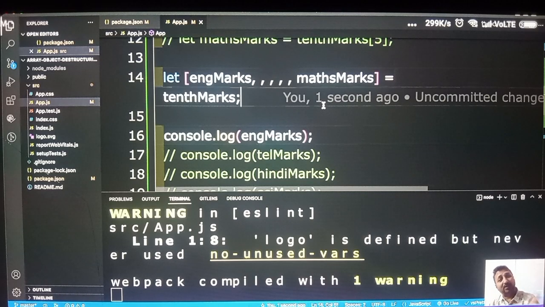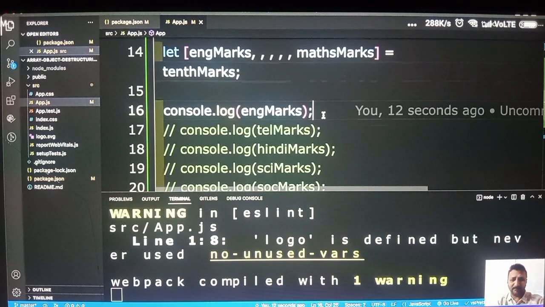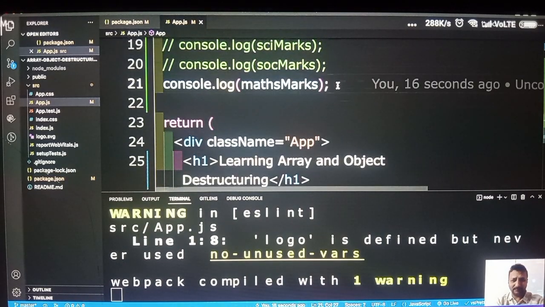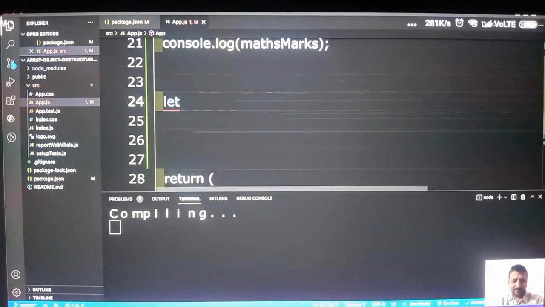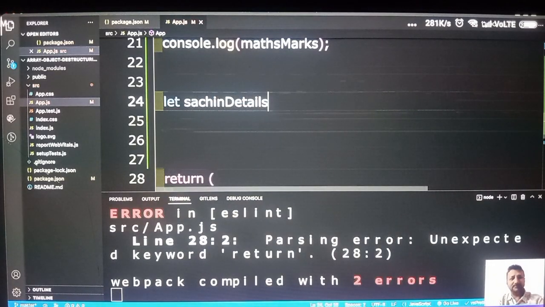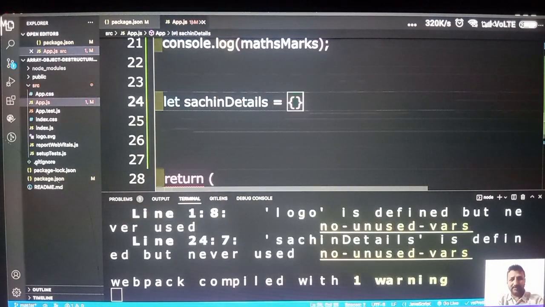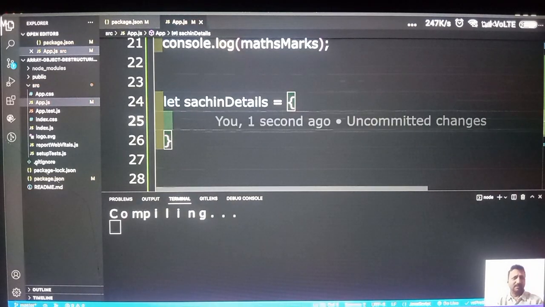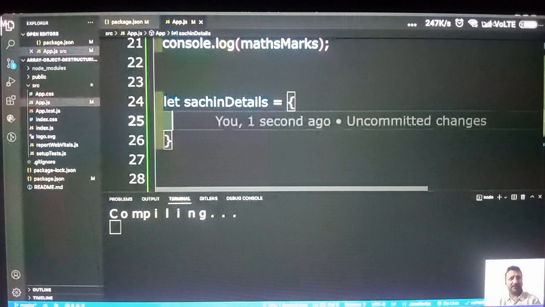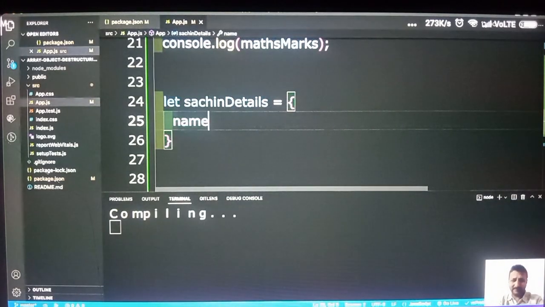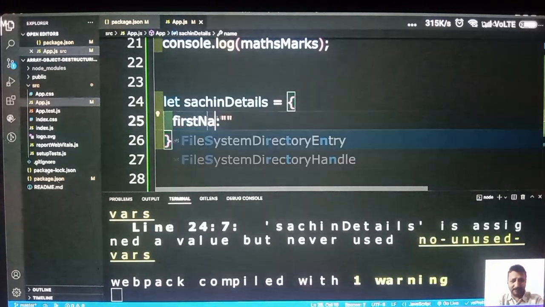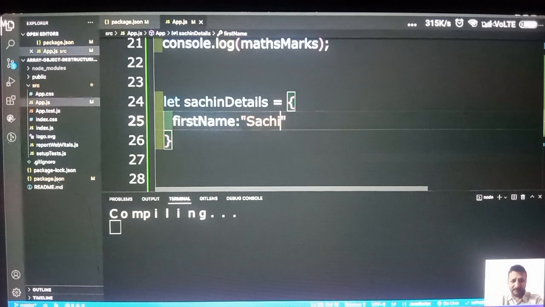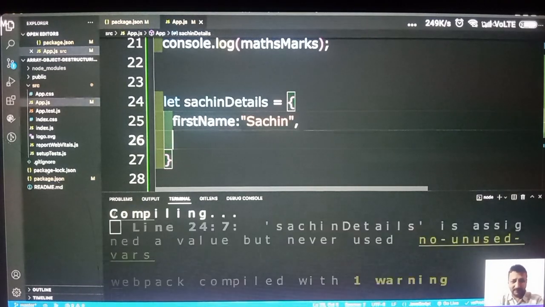We can destructure the object also. Now let us try to destructure the object. Now what I will do, say let Sachin details. This is an object. Object means key value pairs. So I will say the name, first name, last name,